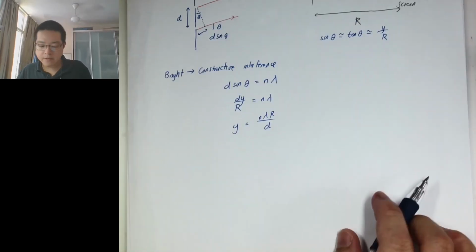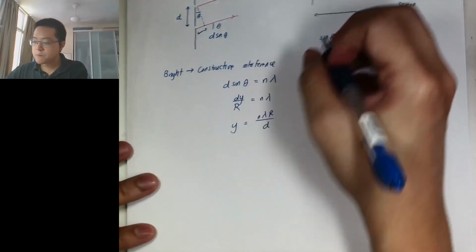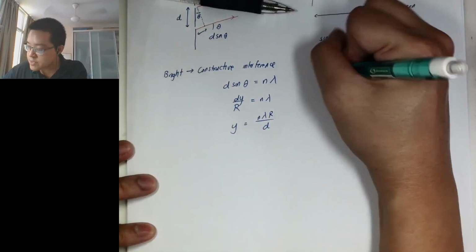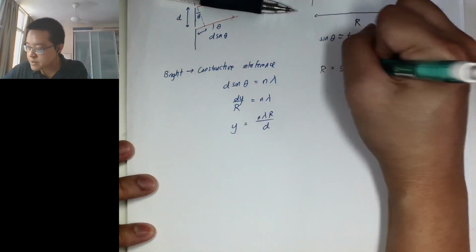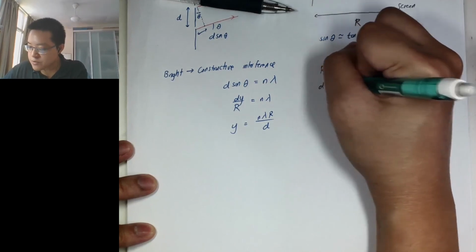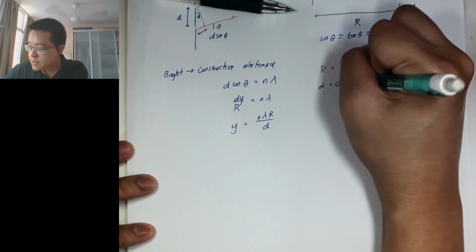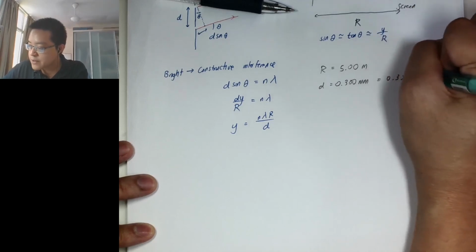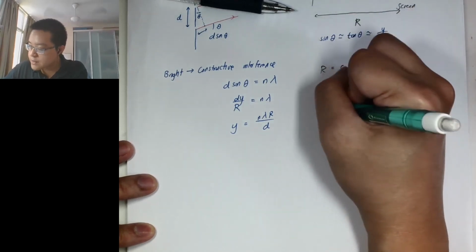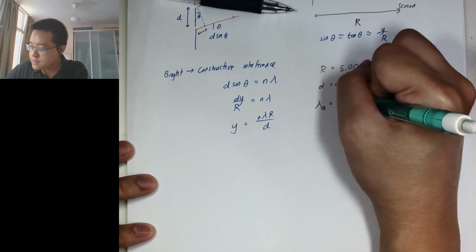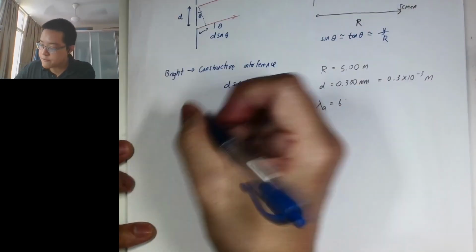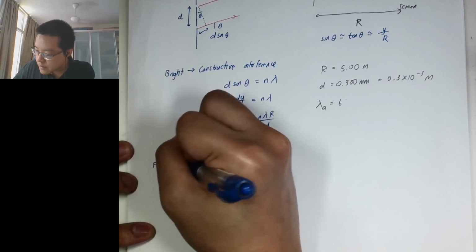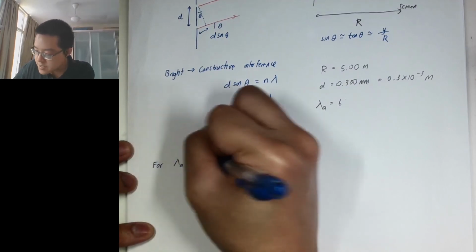Okay, so in this problem, we are given that the distance between the source and the screen is 5 meters. The distance between the two slits is 0.3 millimeter, so it's 0.3 times 10 to the negative 3 meters. And the wavelength A is, yeah, so I'll do it here. So for the case of wavelength A, which is 600 nanometers,